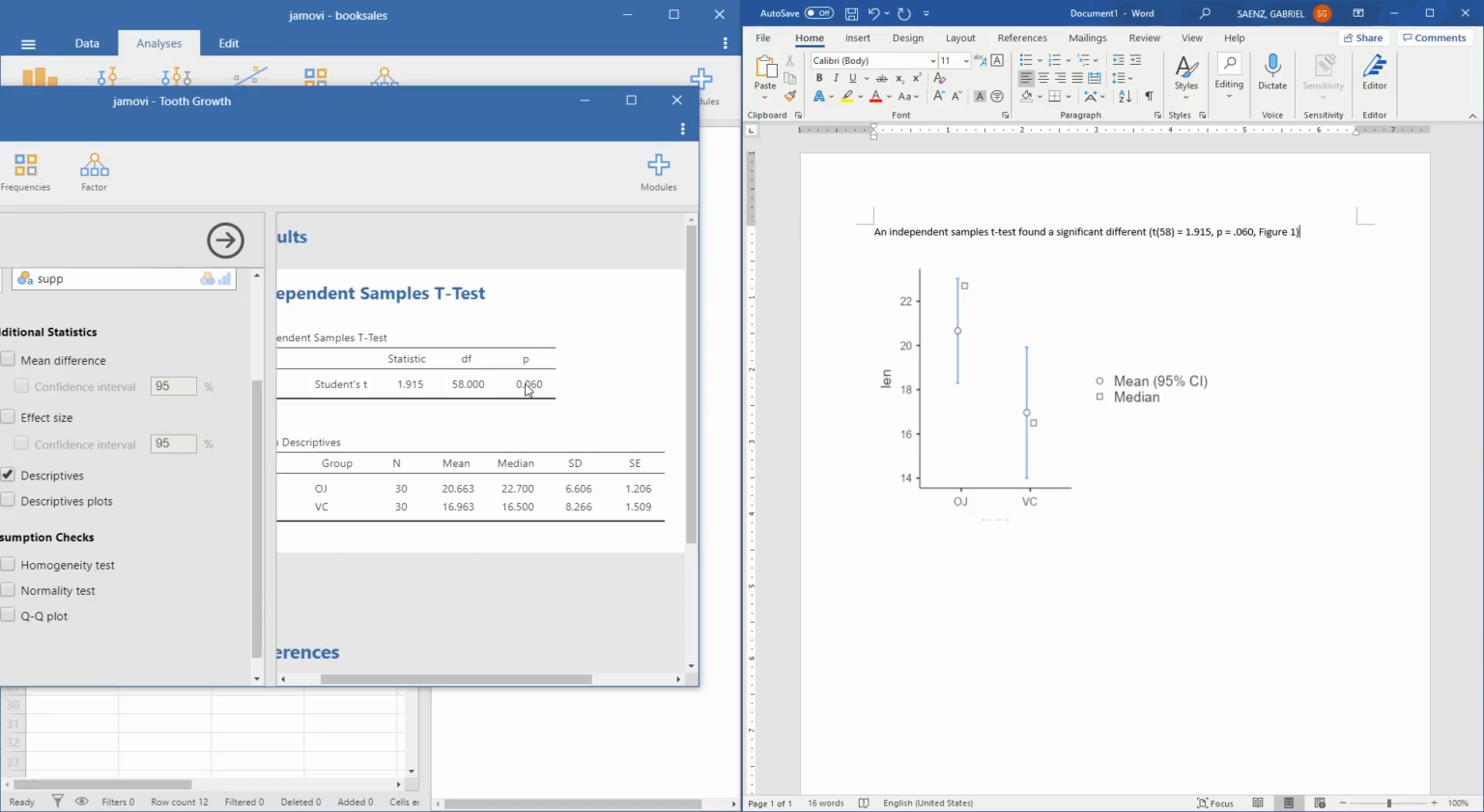An independent samples t-test found a significant difference between teeth growth in the orange juice group (M = 20.663, SD = 6.606)